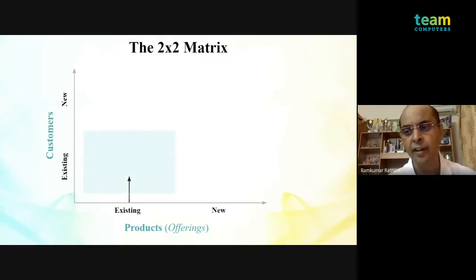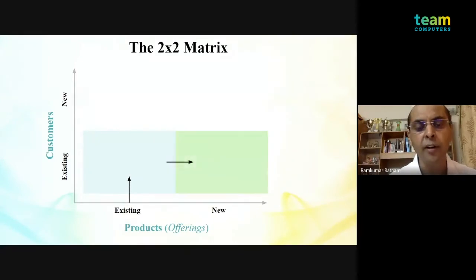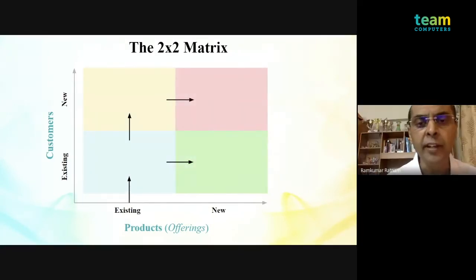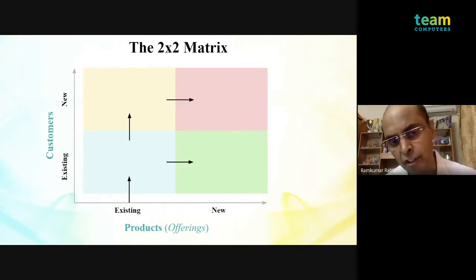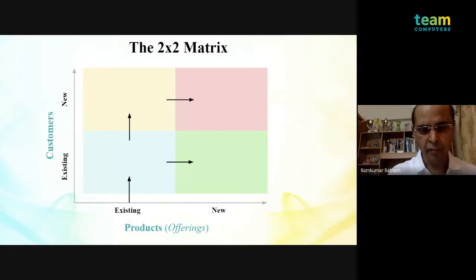Gunjan, just click all the four. Okay. Typically, you will see how you apply this 2x2 matrix for a large enterprise. So ideally, you see the arrows. These arrows give you a sense of how you enter an organization, and then how you navigate horizontally and how you navigate vertically in a customer organization. So that's the basic fundamental concept. Now we'll understand this concept by taking a real-time example.